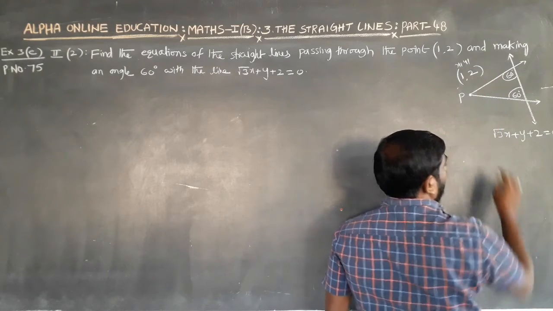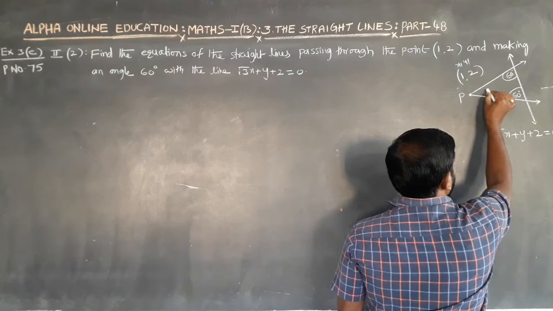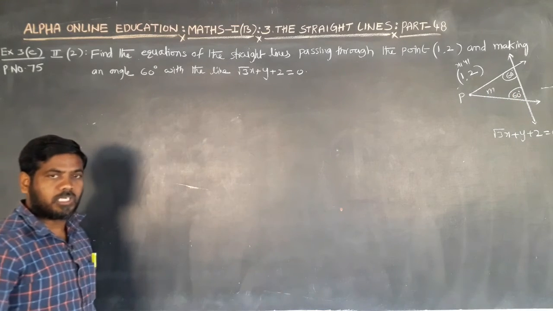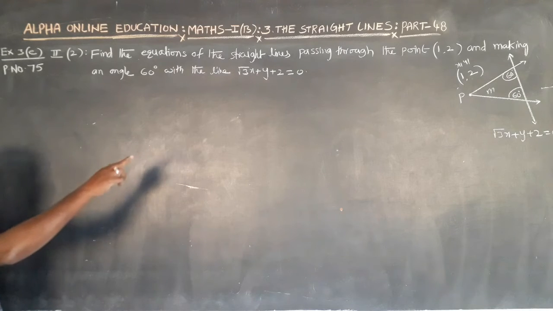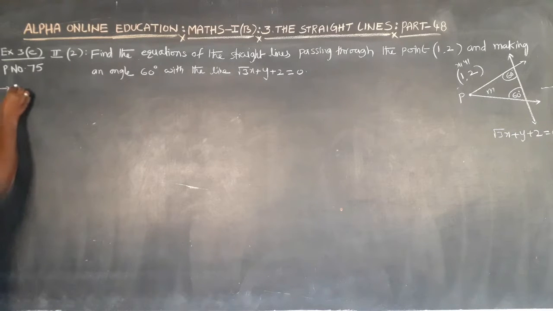Let the point P be (x1, y1) and let the slope of the two lines be m. So the equation of the straight line passing through the point (x1, y1) and having slope m is